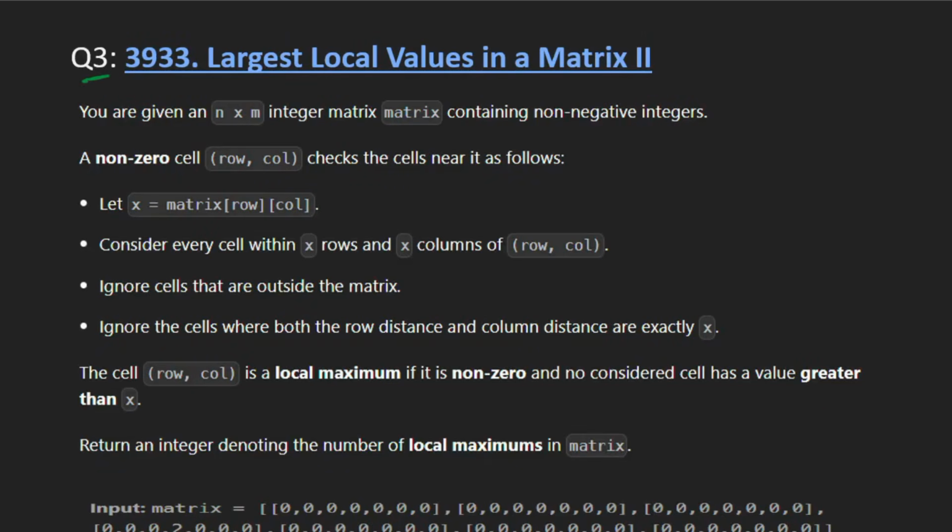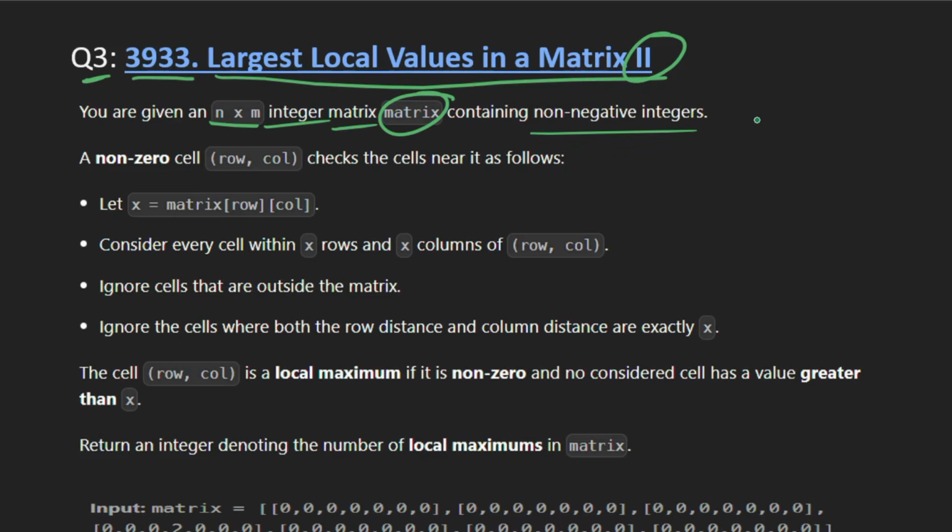Now let's move to question number 3, which is LeetCode 3933, Largest Local Values in Matrix Part 2. In this question we are given an n cross m integer matrix named matrix, which contains non-negative integers. A non-zero cell (row, column) checks all the cells nearby it.